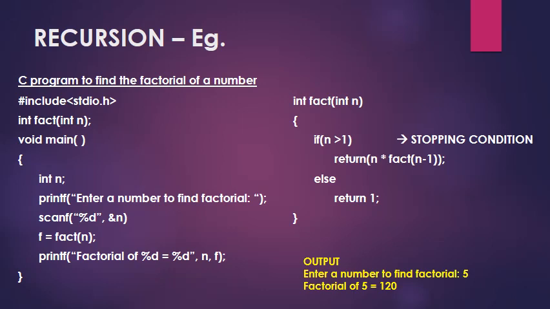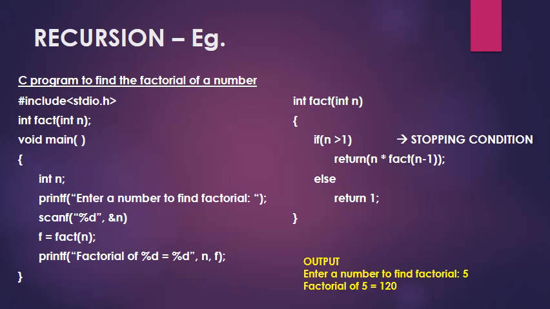Now coming to the recursive function, just see here we don't have any for loop or any iteration, etc. Here we just have one thing, a stopping condition, and inside that we have the statement, the recursive statement. So stopping condition என்ன அப்படின்னா, எப்போ இந்த function stop ஆகணும், because it is going to execute recursively, repeatedly. So it has to stop at some time, right? So only if n is greater than 1 it has to work, otherwise it has to stop. That is the condition. So நம்ம recursive statement என்ன இருக்கு, recursive call என்ன இருக்கு அப்படின்னு பார்த்தீங்கன்னா, n into fact of